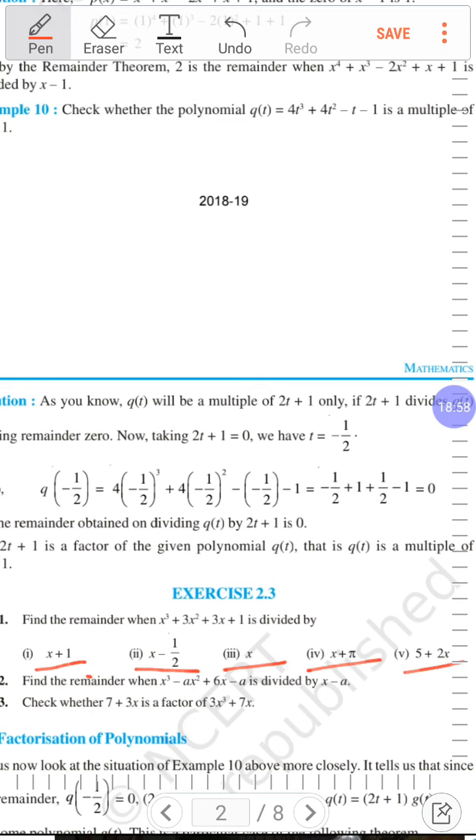So what we will be doing, if you see, is use the same PDF I had attached with the video. I had sent you the PDF also. In the PDF you can see my solved pages on the 7th and 8th page. So I am going to the 7th page.